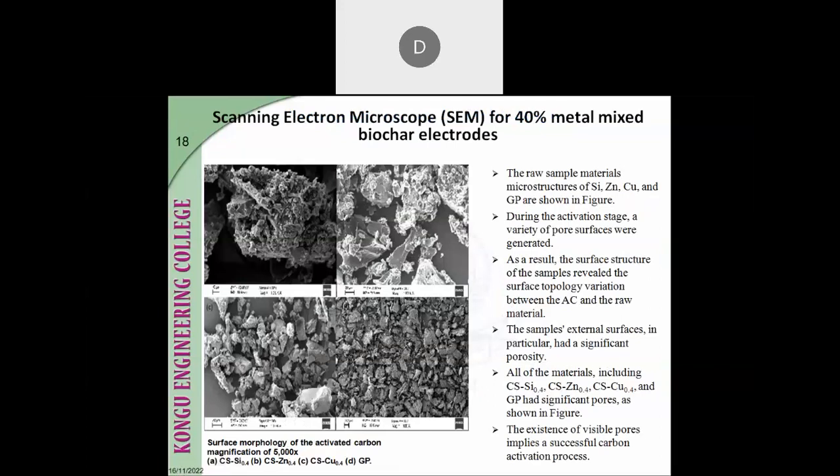SEM analysis for the 40% metal mixed biochar electrodes was also taken, and this schematic representation shows the SEM image for the 40%, and the raw materials, the microstructure of silica, zinc, copper, and graphene. And of course, we know that during the activation stage, sometimes the space or pores which are present